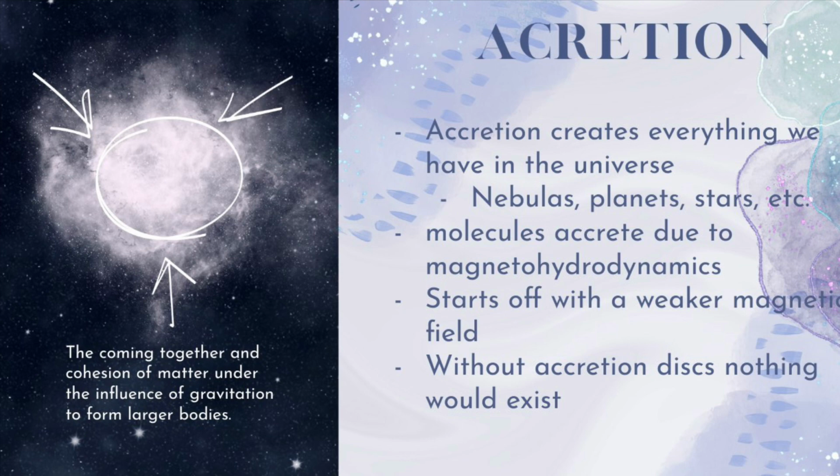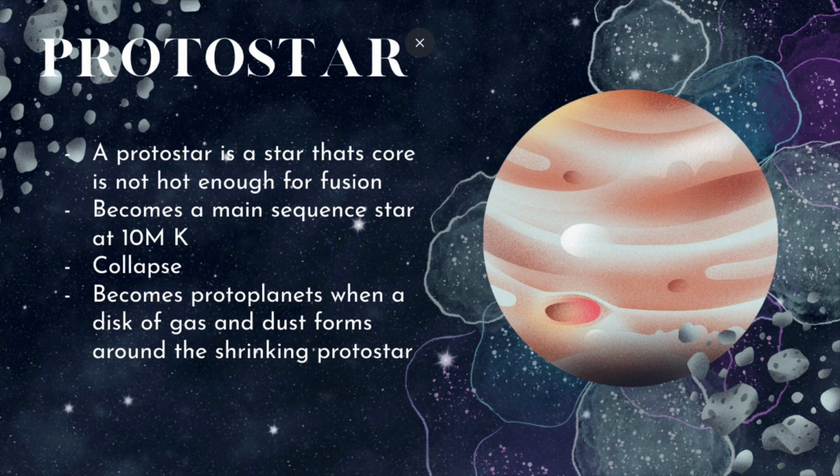The larger bodies caused by accretion are called protostars. Protostars are stars in which the core is not hot enough for fusion to take place. Protostars are a result of accretion forming a mass of dust and gas around the protostar. These forms can be called gas giants. A protostar becomes a main sequence star when the core reaches 10 million Kelvin, the beginning temperature for